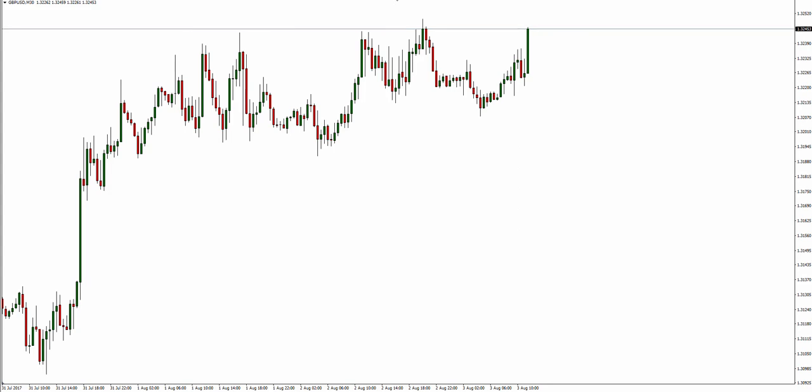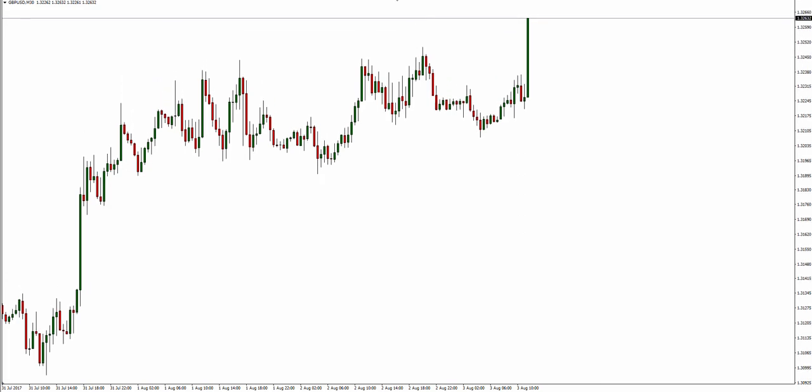Today's date is Thursday, the 3rd of August 2017, and the trade we're going to look at today is a little bit different. We don't really talk about this too much in our daily videos. This is a 30-minute chart of the pound dollar, and as you know, the dollar's been extremely weak of late. It seems to be super sensitive to the political landscape in the US, and as you can see now, the